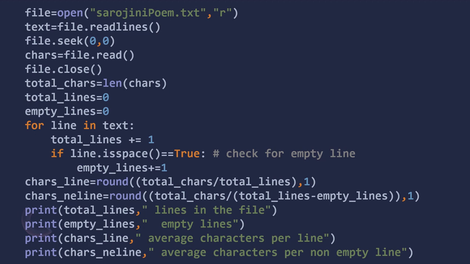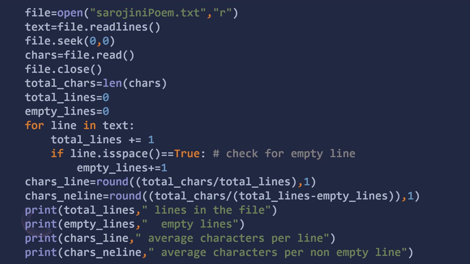So for that purpose we have to again apply file.read function, but since readlines function is already called, your pointer will be at the end of the file. So to bring it to the beginning of the file, we have to use the seek method. By using the seek function, we are passing the value 0. That means it will go to the beginning of the file.